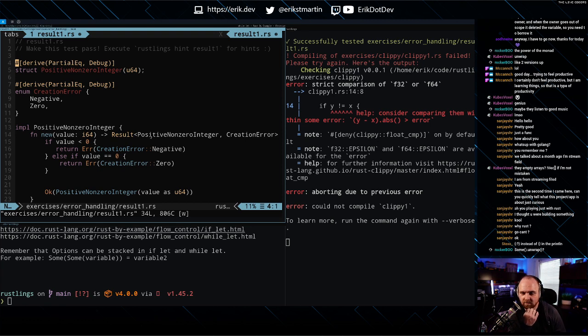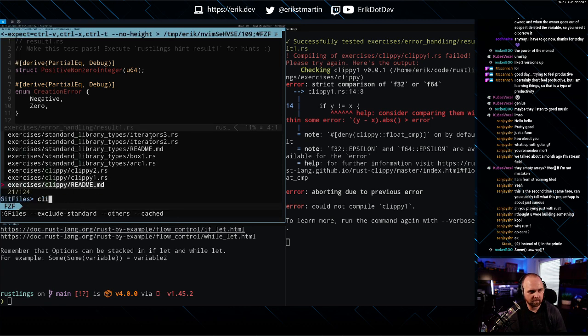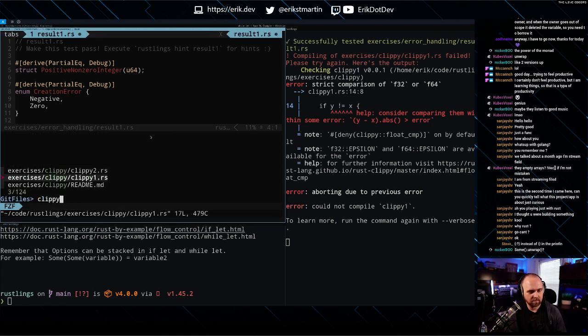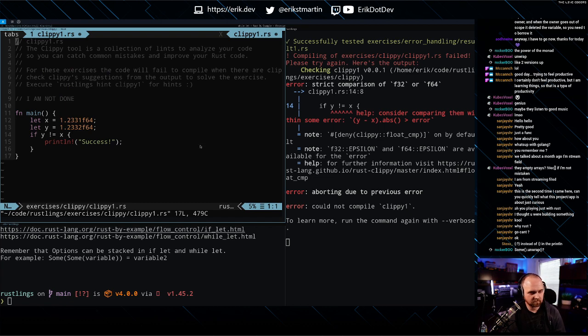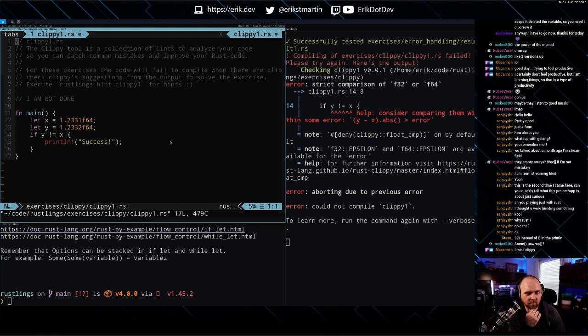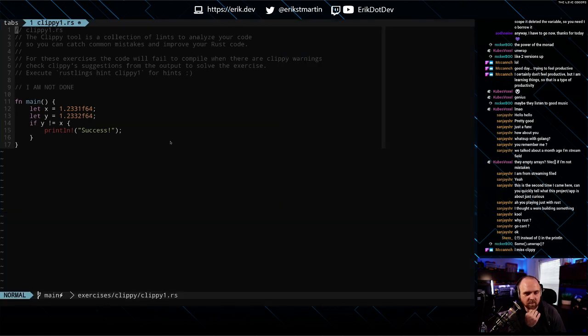All right. Consider comparing them. Clippy. The Clippy tool is a collection of lints to analyze your code so you can catch common mistakes and improve your Rust code. For these exercises, the code will fail to compile when there are Clippy warnings.